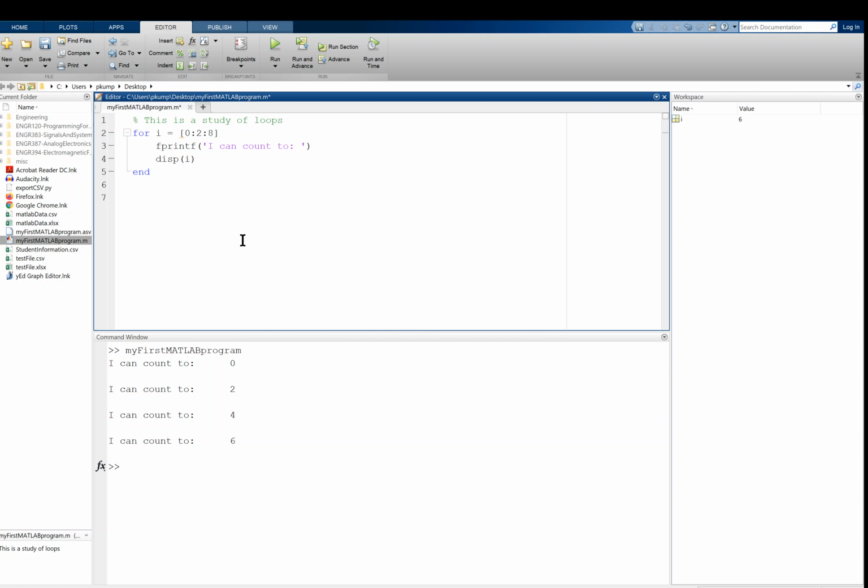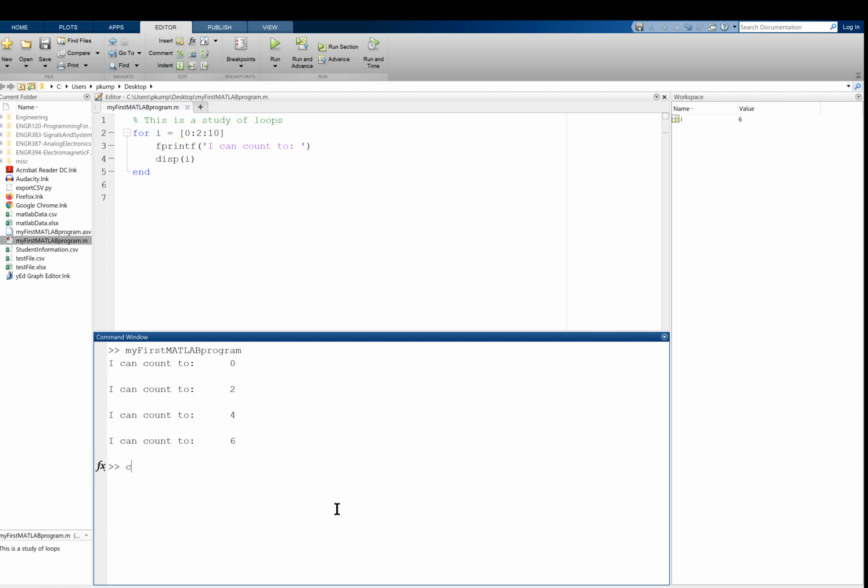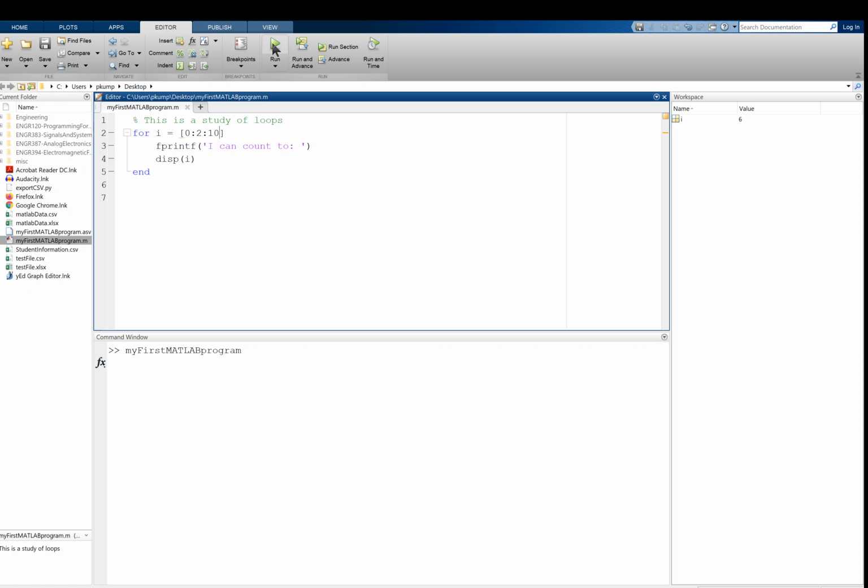But if I change it to 8 or 10, let's say, and let me clear that and run it, now you see 0, 2, 4, 6, 8, 10, right? So it's going to start at this thing and stop at this thing and go by twos. Now there doesn't have to be any rhyme or reason to this vector. Like I can say maybe a -3, then 3.14, or, that's pi, let me use pi. Then maybe 10, maybe 1,000, and then maybe 0. Just any numbers in this vector, and the for loop will set i equal to -3,